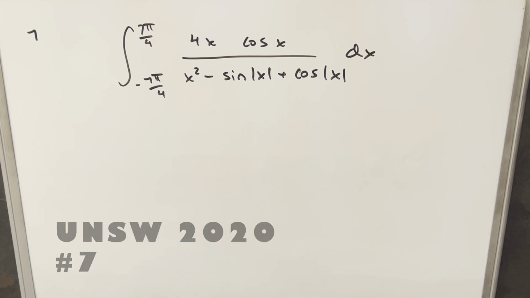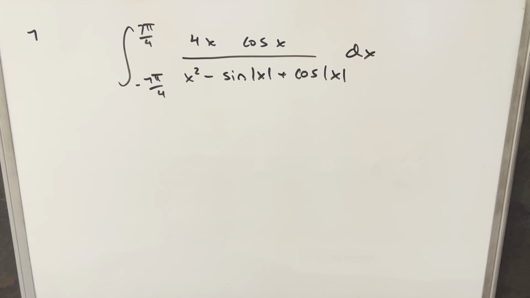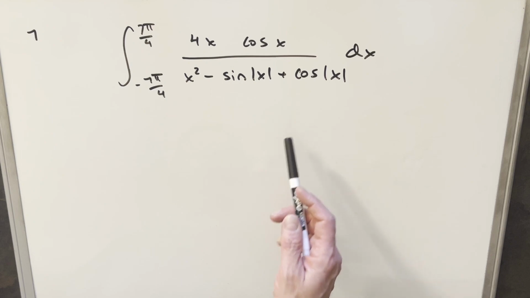Okay, we have here today a really complicated looking integral from the UNSW Integration Bee 2020 problem 7. We have the integral from minus 7π/4 to 7π/4 of 4x cos x over x squared minus sine of the absolute value of x plus cosine of the absolute value of x, dx. Okay, so we have a really complicated looking integral here, and with everything here I really don't know where to